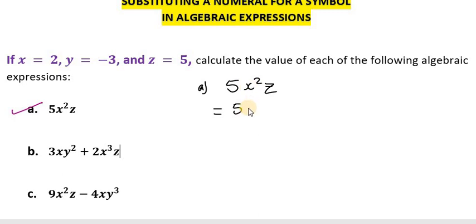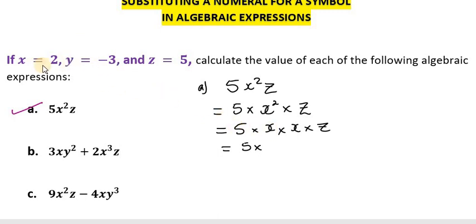Well, let's write this out. This is saying 5 multiplied by the square of x multiplied by z. You could go ahead and substitute it like this, or if you want to expand it further, you could say 5 times x times x times z, because x squared is actually x times x. So we can say 5 multiplied by, now we're going to replace the x with 2, since x is equal to 2,